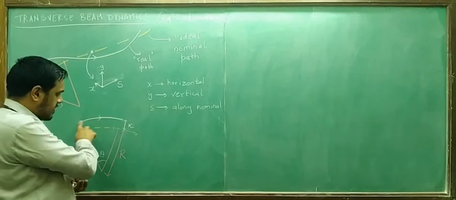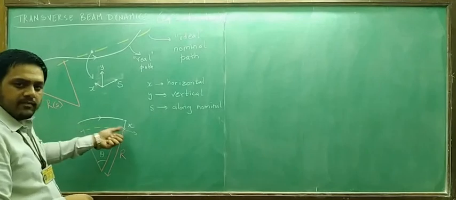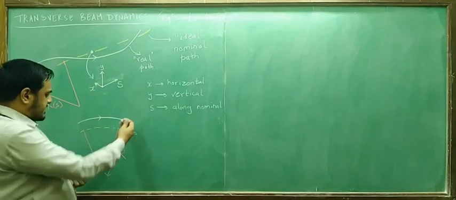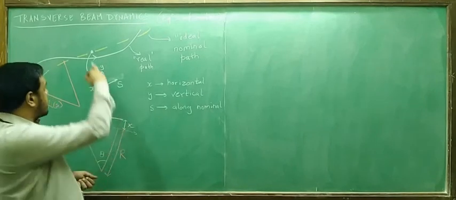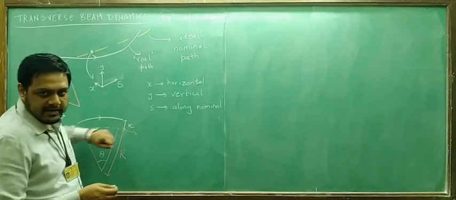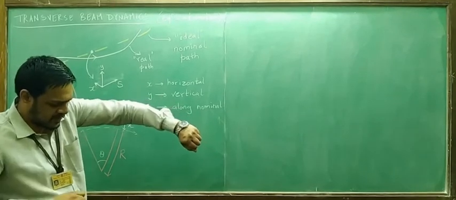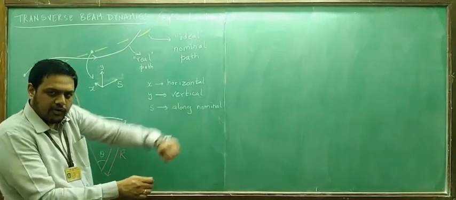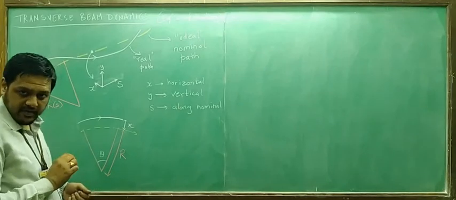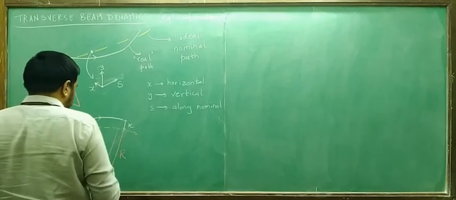So the velocity of the actual particle will be greater than the nominal velocity which you expect the beam to have. Of course, if x is negative, if the particle is moving on the inside like it is doing here, then that particle has to correspondingly move a little slower. The nominal trajectory particle is moving along that at a particular speed, the guy who is at lower radius can move more slowly, so that we will cover this distance. The angular distance is covered in the same amount of time.